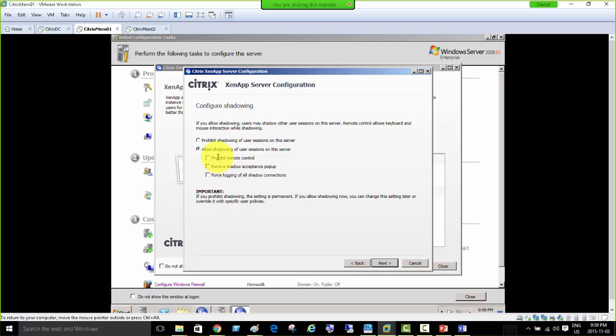Next, it says "allow shadowing of user sessions on the server, prohibit remote control." You know what shadowing is? Shadowing is when you, as desktop support or as an administrator, shadow the session of another user, which just means that you are watching that user's session. Now you want to prohibit remote control of that session. You don't want your desktop support or yourself or other administrators to actually control that session,